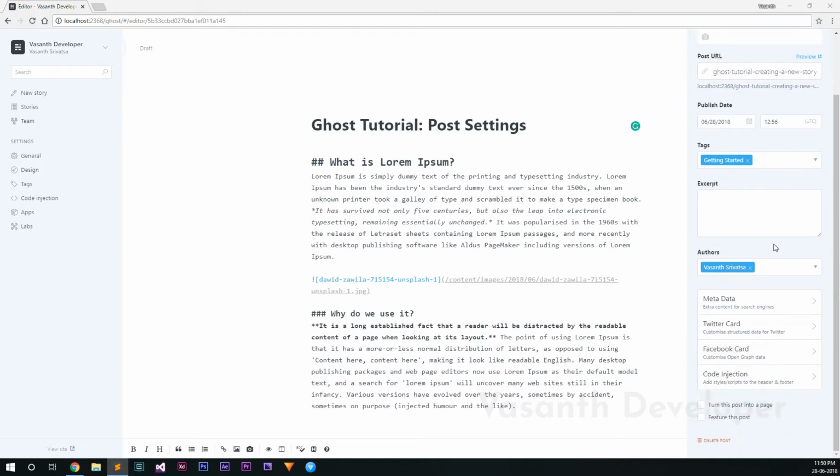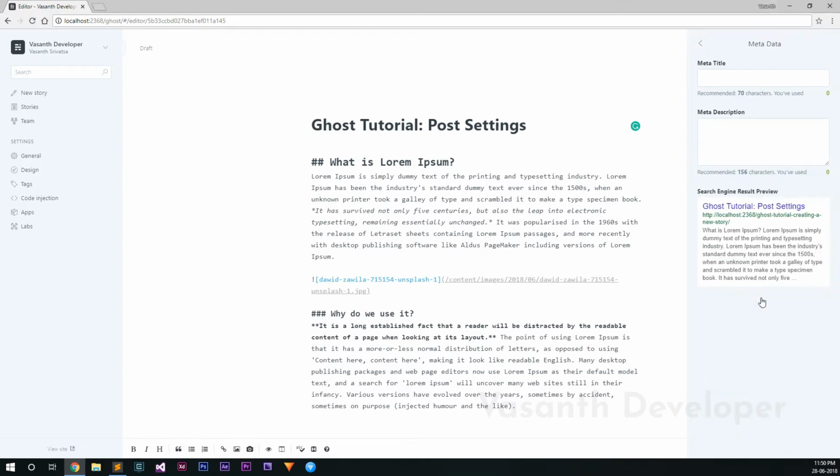Let's click on the metadata section to see what's in there. The metadata section is related to SEO, which means this is the place where you will configure how your article or story will look on Google, Bing, or Yahoo. These settings are too simple to be explained, but you will get a preview of how the story will look as a search result. If you don't understand anything, then please feel free to comment below this video and I will try to help you.